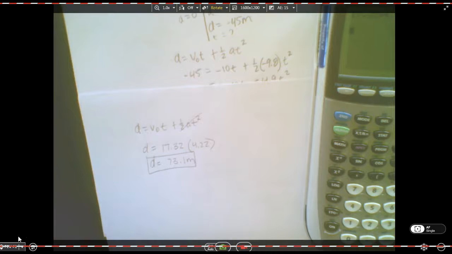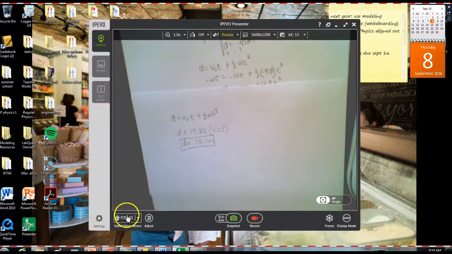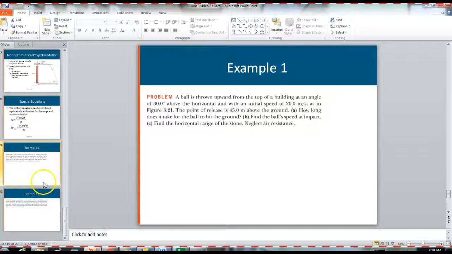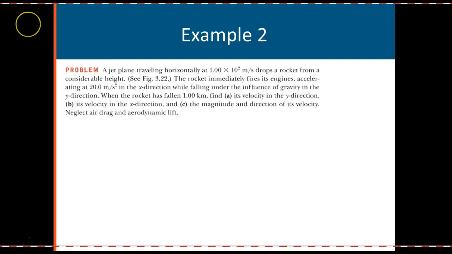So that's the end of example 1. Let's go ahead and start example 2. So let me bring it up and show you what that looks like. So example 2 says a jet plane traveling horizontally at 1 × 10² meters per second, so 100 meters per second, drops a rocket from a